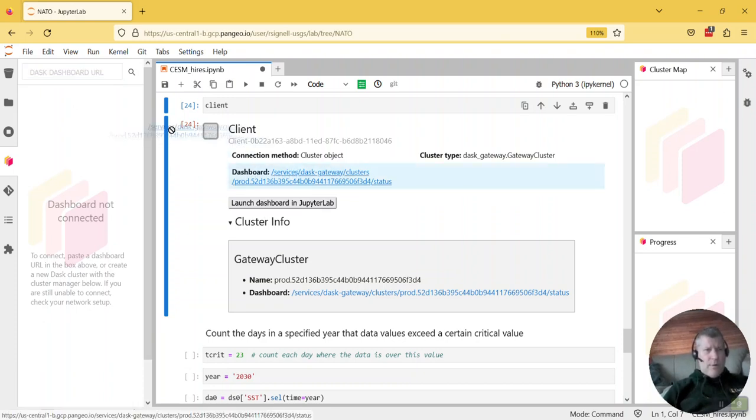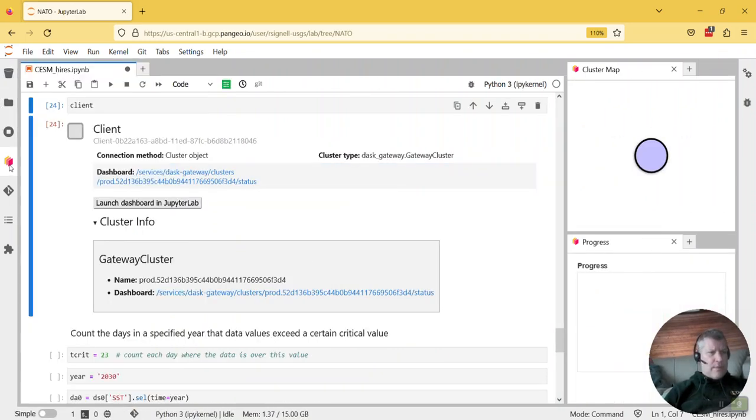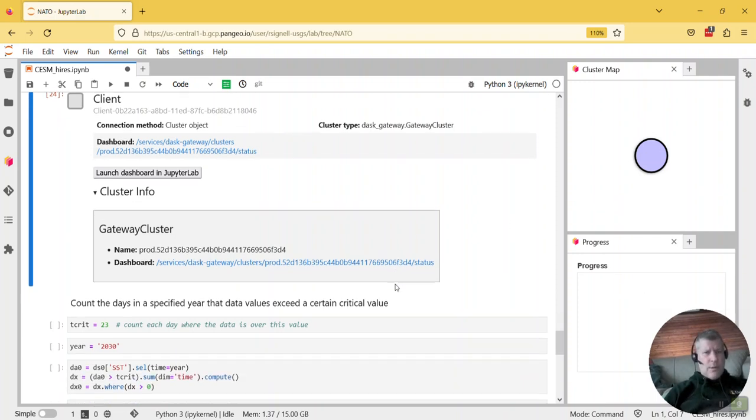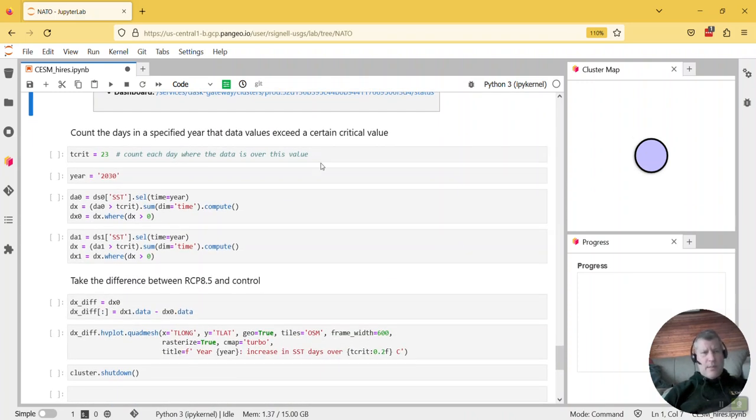We can drag this dashboard into the little window here, and if we hit return here and close that back down, we have a little cluster map here which will show us these workers as they come on board, and whatever work they have to do will show up in this little progress bar here. So all right, now we're going to actually do some calculation that takes some